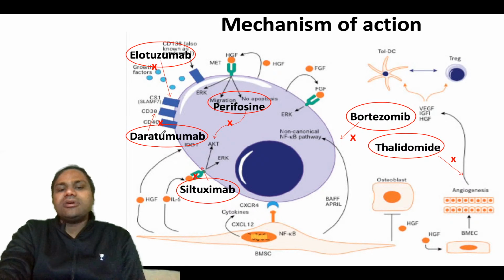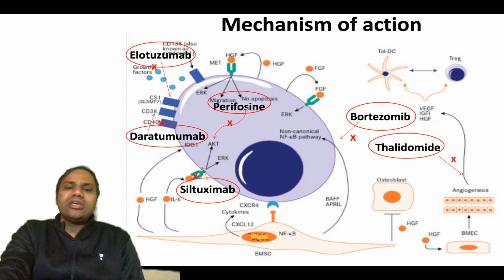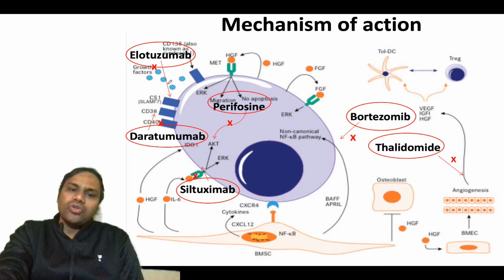So daratumumab is basically a monoclonal antibody, and what it does is inhibit the CD38 receptors. Similarly, perifosine will inhibit the AKT pathway. And elotuzumab will basically inhibit the growth factors or receptors, the CS1 receptors,